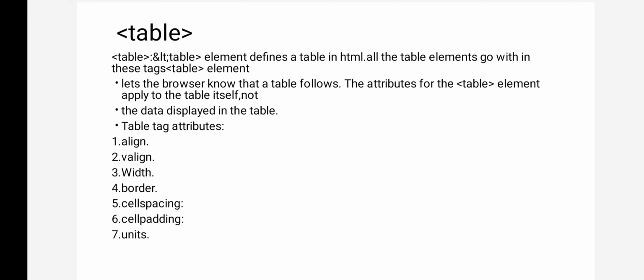This tag indicates you are going to create a table structure, and wherever you want to design a table on the web page, there you write the table tag. Using this you can display the data in a table, and the browser will understand that you are creating a table.